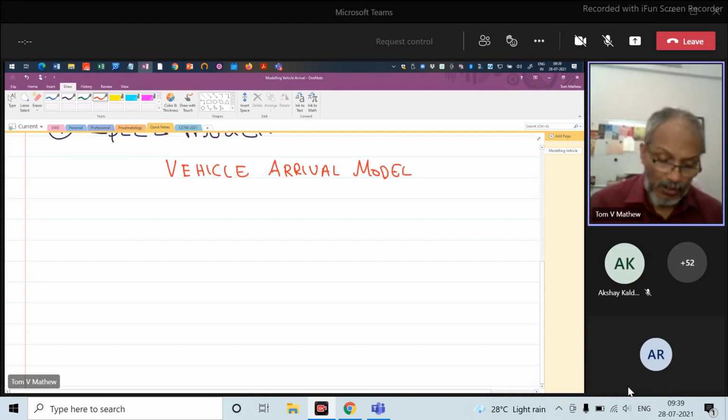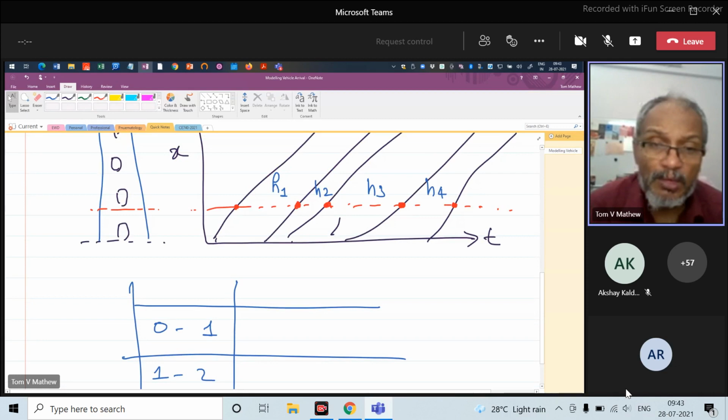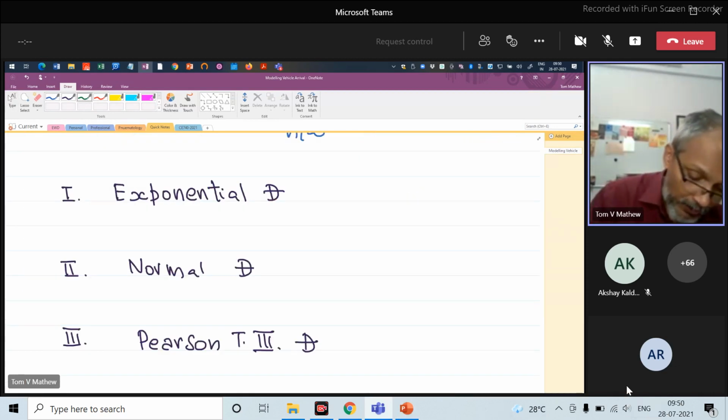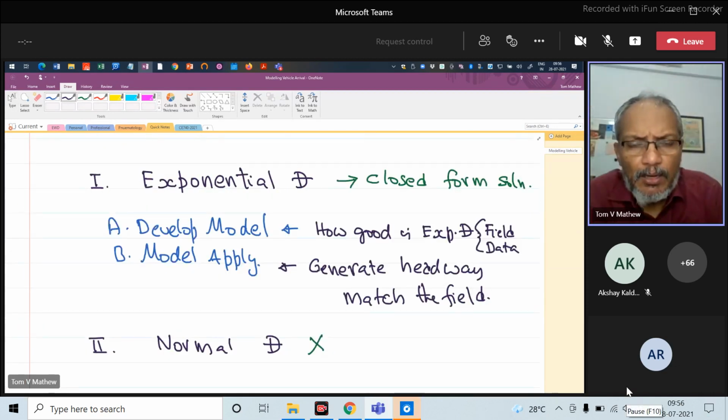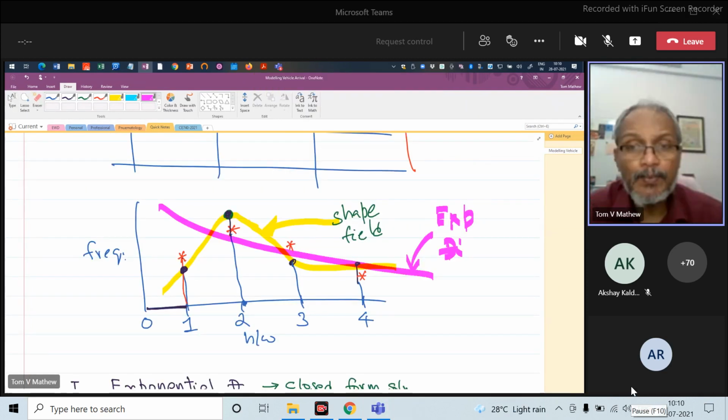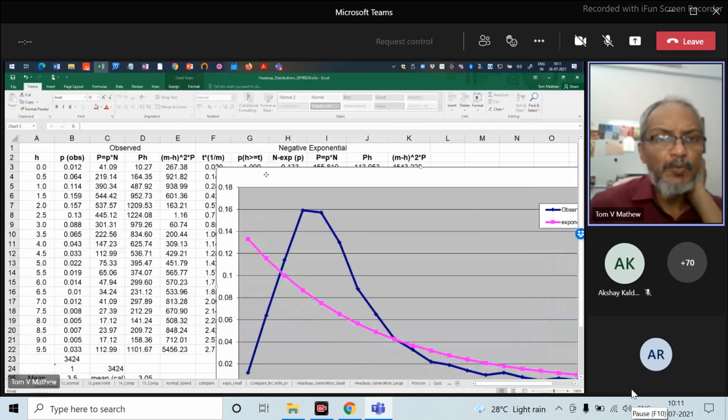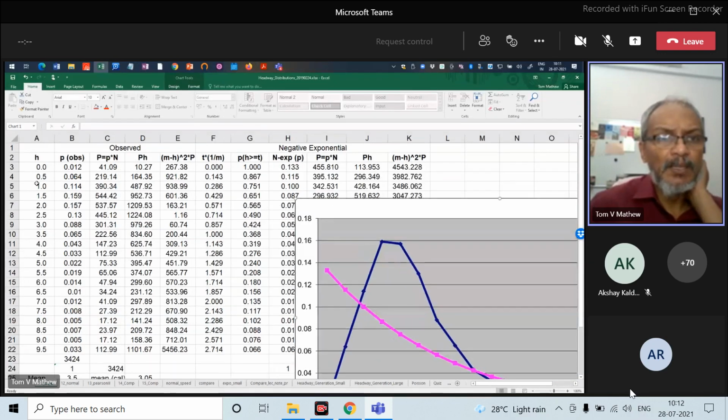Okay. Now, what is 0 and 1? Why exponential distribution? Two things that we will try to do in this next part are to see how closely our exponential distribution matches with the field one. So, if you look at this table,